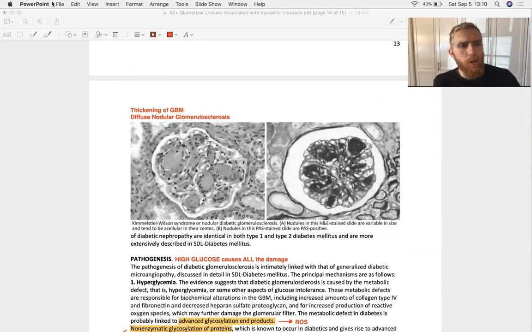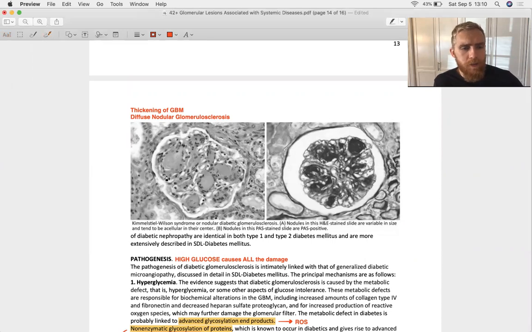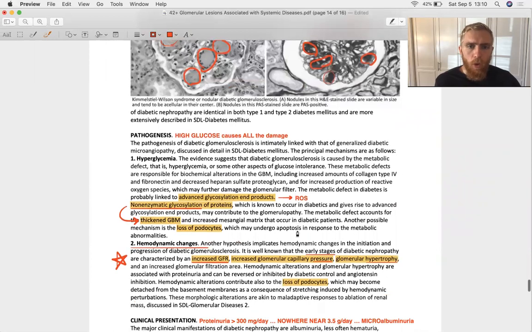So you're looking at a diabetic glomerulus, and it's got a classic pathognomonic appearance. You see these Christmas tree ornaments or chocolate chips up inside of them. Very distinctive. You call them whatever you want. You know exactly what they are when you're looking at them. They are not any other sort of glomerulonephritis that we've seen. This is an easy visual diagnosis. What you need to keep with you: